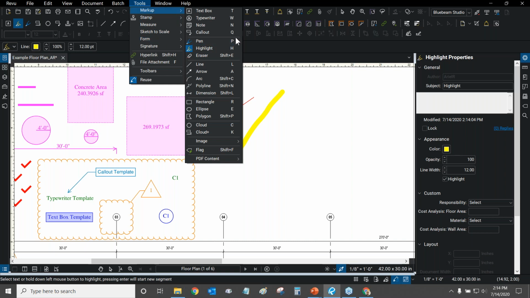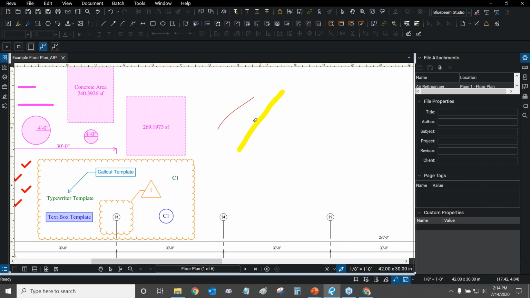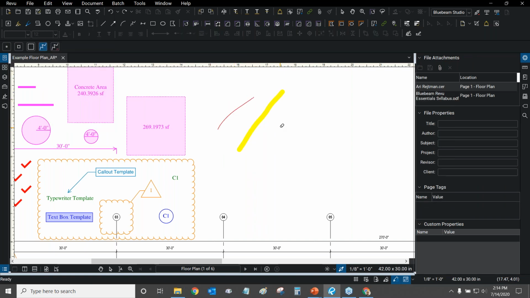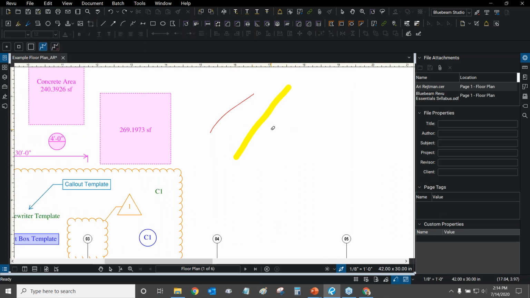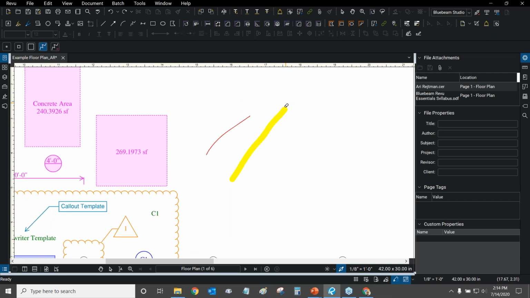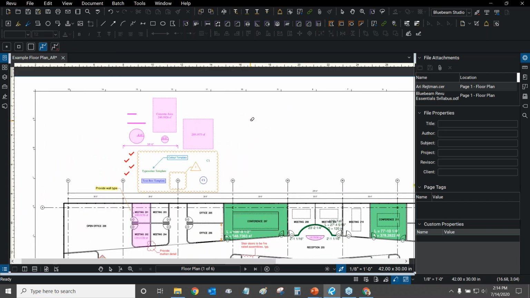There are little divider lines here and here, and that means the eraser tool works for these tools. How it works is I can just hold my mouse and erase an entire object like that. Instead of erasing parts of an object, I would just choose to erase an entire one with this eraser tool. And that's it. You can use that one to easily get rid of things if you need to. Just a quick way of doing so.